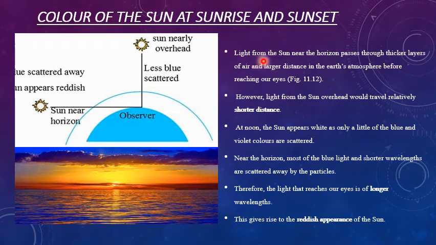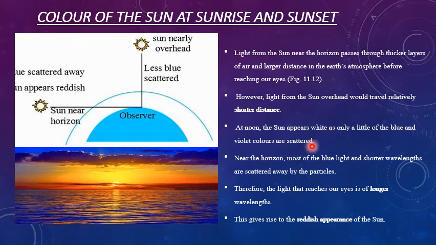So the light from the sun near the horizon passes through a thicker layer of air and a larger distance in the Earth's atmosphere before reaching our eyes. So this distance is larger. When sunlight enters here, it has to cover a larger atmospheric distance, whereas when the sun is here, it has to cover less distance. The light from the sun overhead would travel a relatively shorter distance. At noon, the sun appears white as only a little of the blue and violet colors